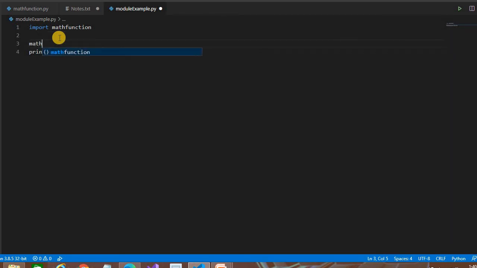Let's change the variable: mathfunction dot first number, and we can change it. So the simple way is module name dot, and then either the variable name or the function name. Let's call mathfunction dot print. Let's run this.